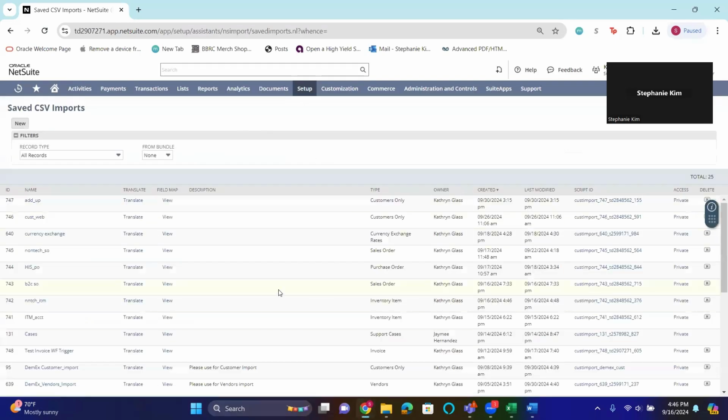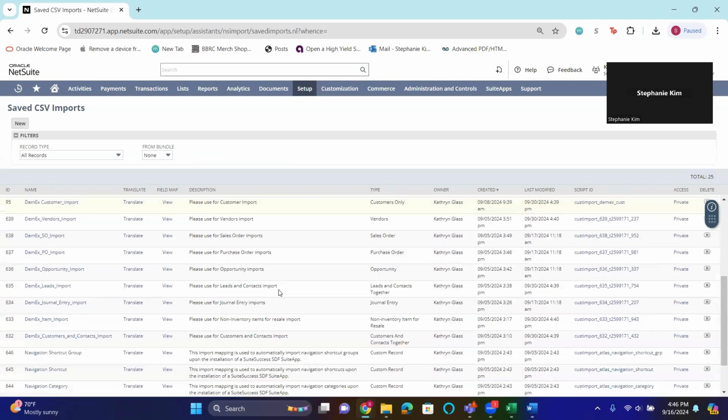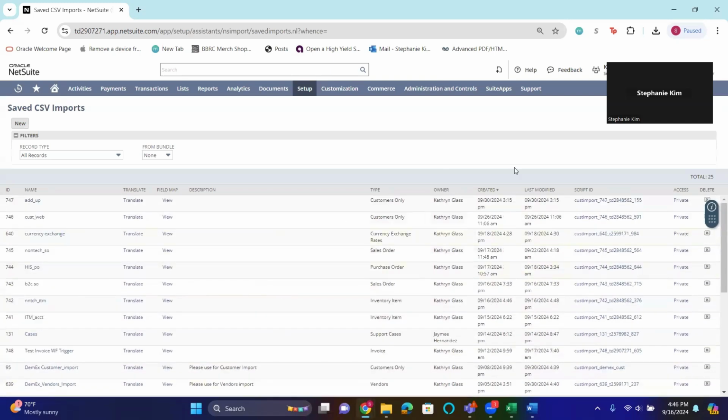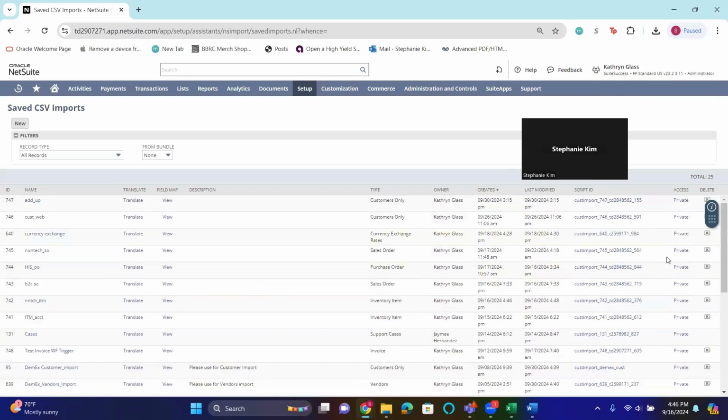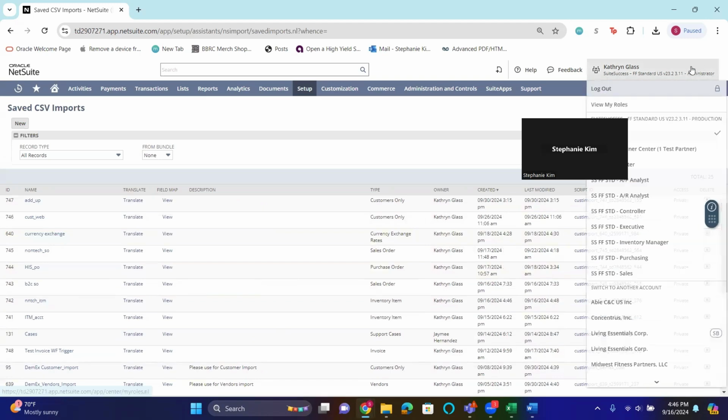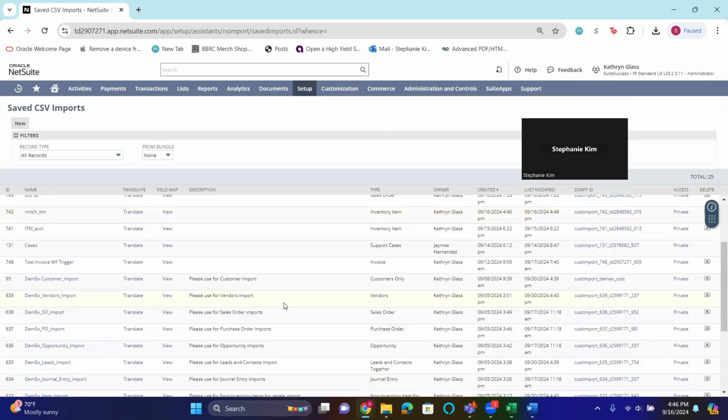Now this should display all of the saved CSV imports you have in the system. Currently we can see all of them even though they are private because we are in the administrator role. But now if we were to choose one of these to make public for all users based off of perhaps their roles or the user or employee record level, we'll come to this access column here and hit the private